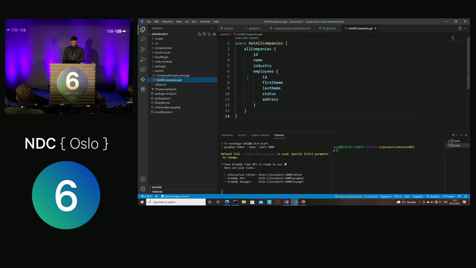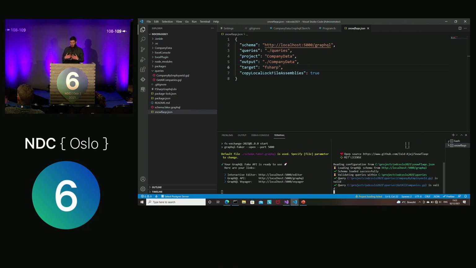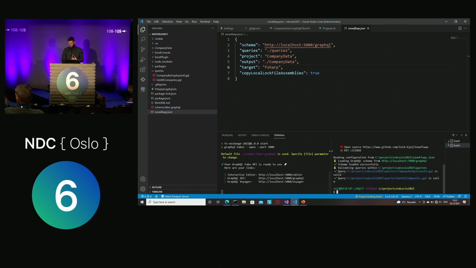You could use that. So after you've said where your queries are and where the schema is, there is some more configuration, like what the name of the project should be, where the output should be, and of course that the target is F#. You could forget about this one. This is for details. So once you've done that, you could run Snowflaqe here, and by default, the first thing